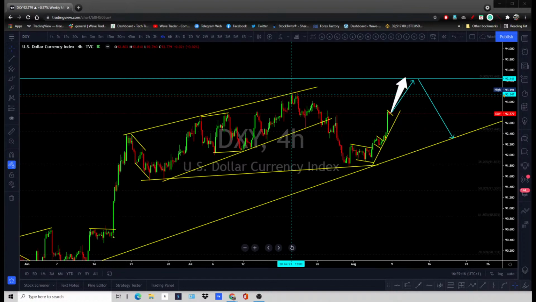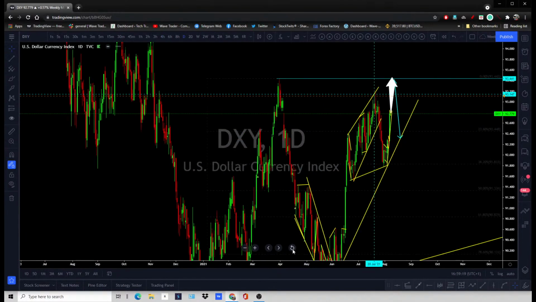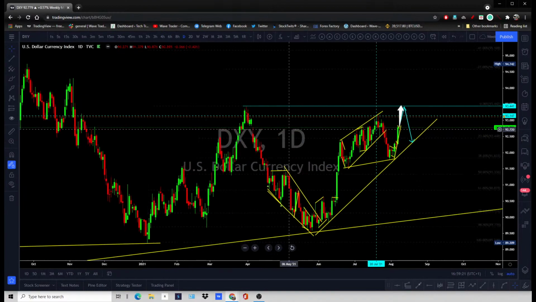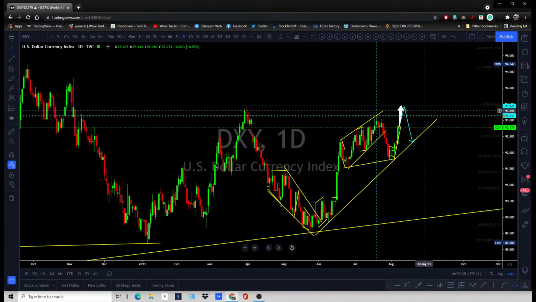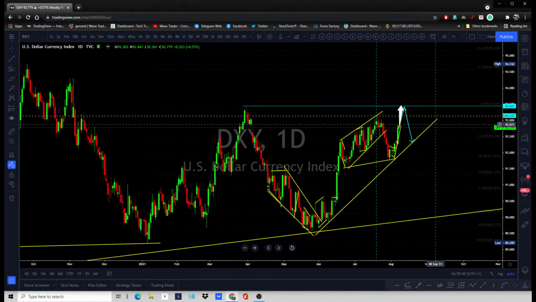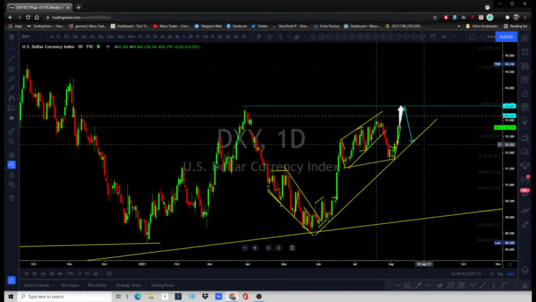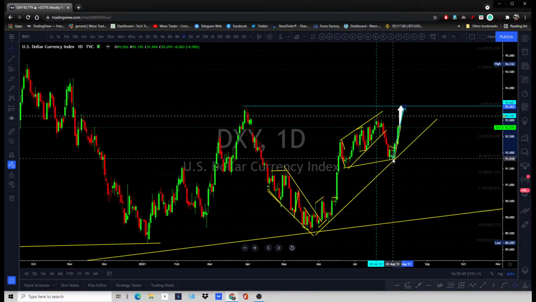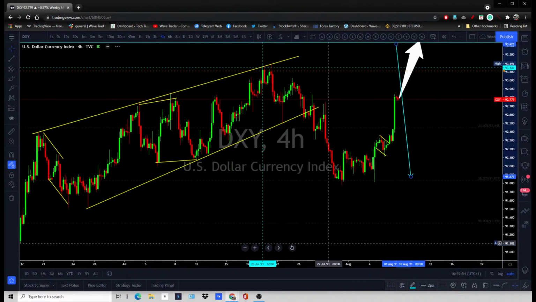It means the dollar index may go sideways for a while. As long as the Fed is not actually going to start its tapering plan, we can see a sideways market on the dollar index. Once they trigger the tapering, then we may see an aggressive move on the dollar to the upside. So for the next couple of weeks to months, stay bullish on the dollar. But as I said, we still can see another leg lower on the dollar up to 92 areas before continuation for more upside. So short term bullish.